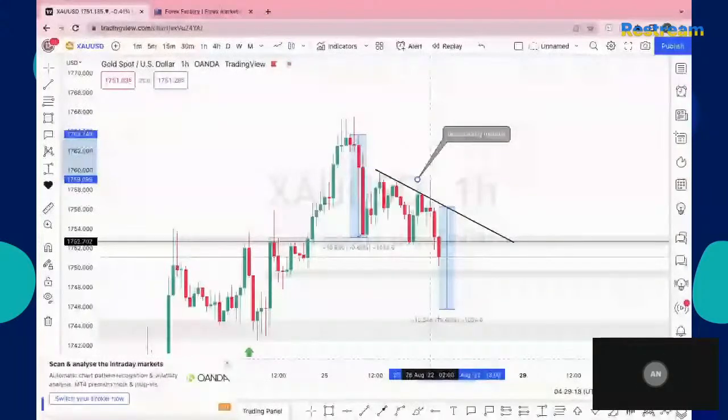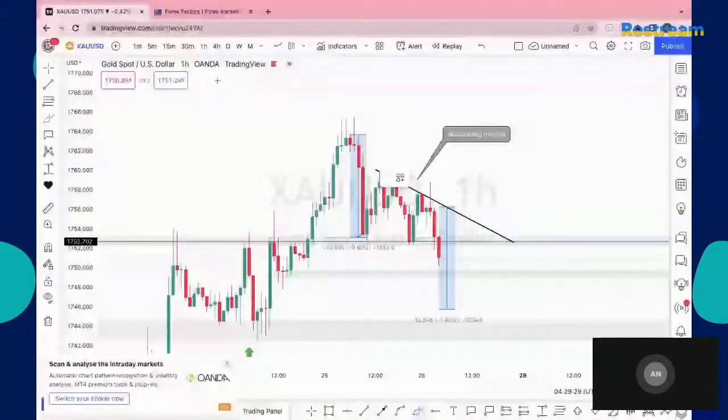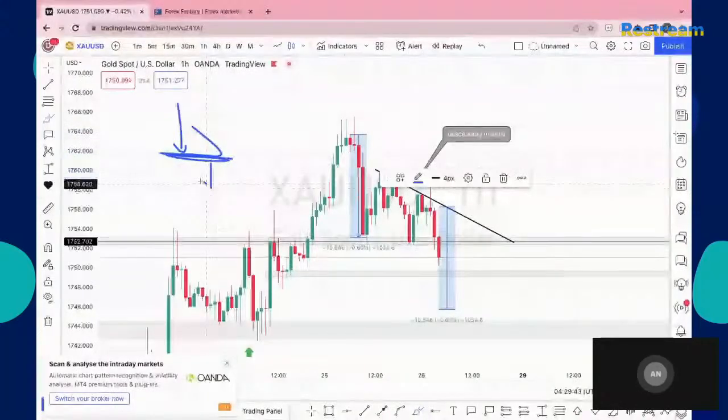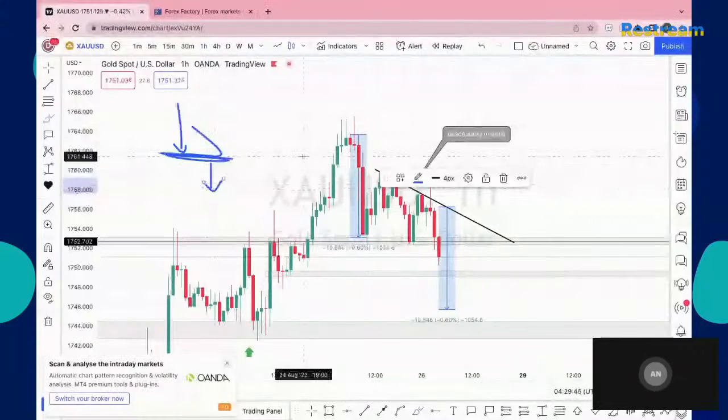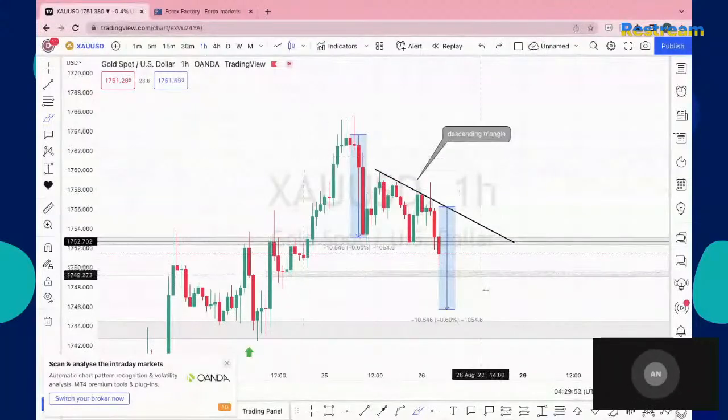So a descending triangle, it will head down, right? And then within this triangle, it forms the support. There's like a support here, and it's to continue. It's like a continuation pattern. I think it falls under continuation patterns. Yeah, that's one thing that I'm seeing, right? But like I just explained,